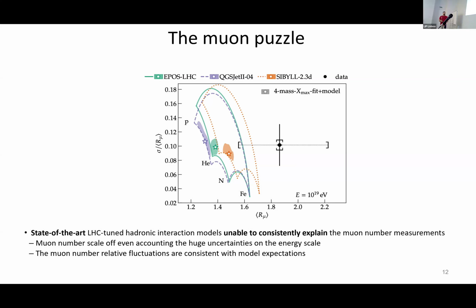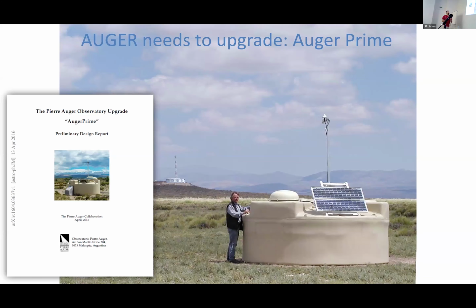Auger is not a perfect experiment to measure the muon quantity, and you can see the error bars there. And so we need to increase the precision and to measure muons to disentangle scenarios. So we need more information here, hence the upgrade of AugerPrime. And the idea,